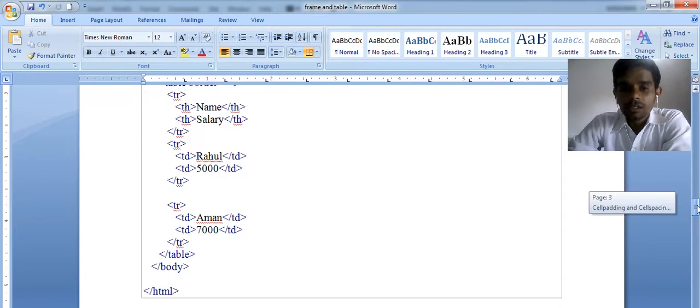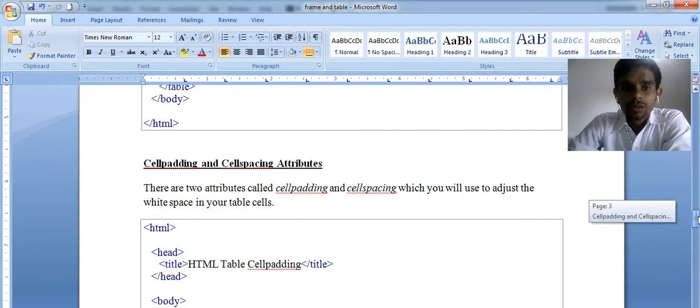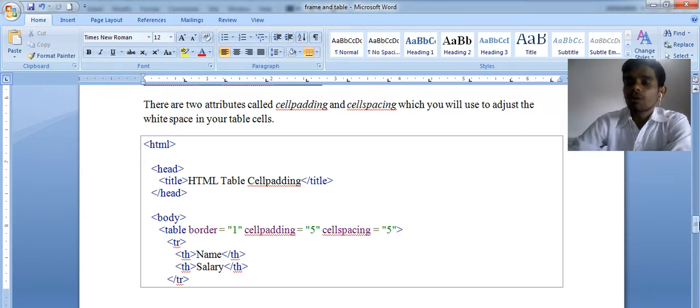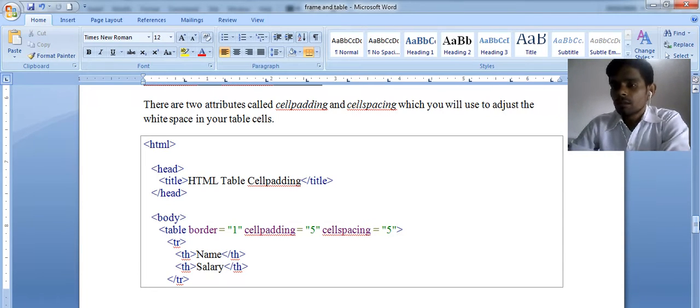Now we see a lot more things here: cell padding and cell spacing. If I am talking about any type of value representation, we need padding, margin, and spacing. Without margin, spacing and padding, we can't represent our text beautifully.